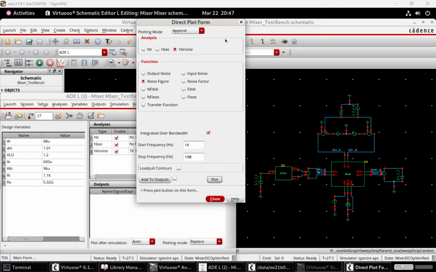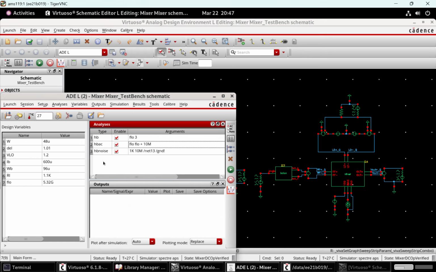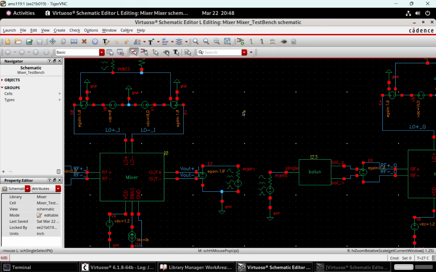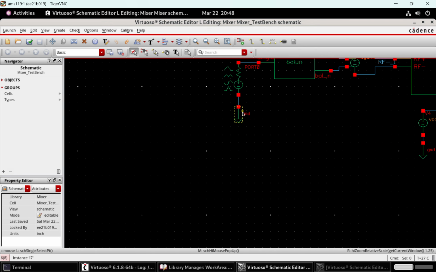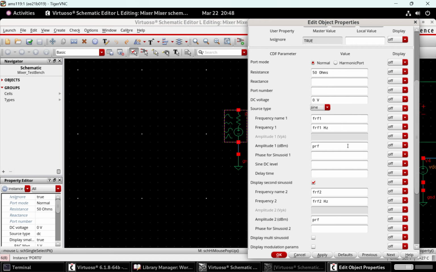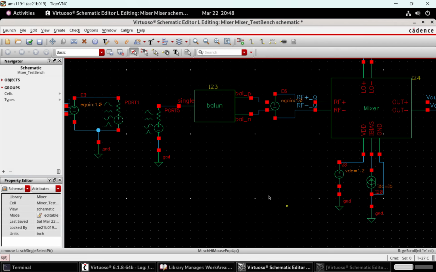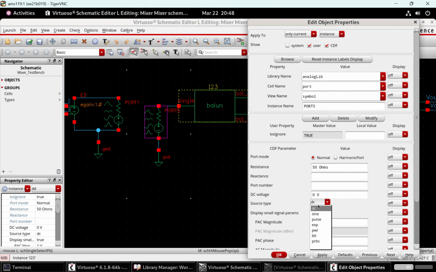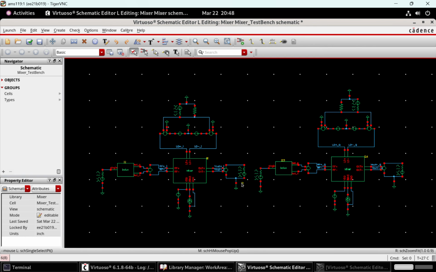Now we have already seen how to find out the conversion gain and the noise figure. Now to check IIP3, we need to change the configuration of the port. We need to change this from DC to a sine wave. So once that is done, ensure that you change the port to this configuration. You set the frequency to FRF1 hertz, and the power amplitude in PRF. The same thing needs to be applied to the Q port as well. So once that is done, save this schematic